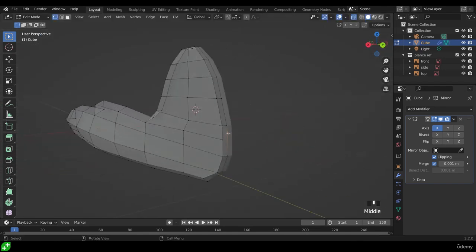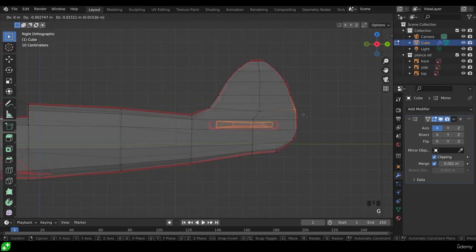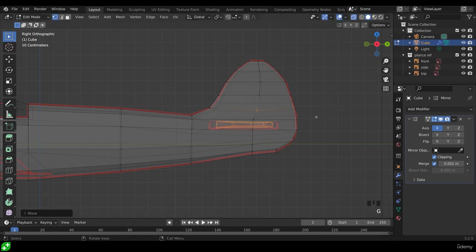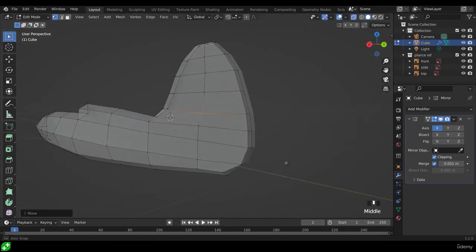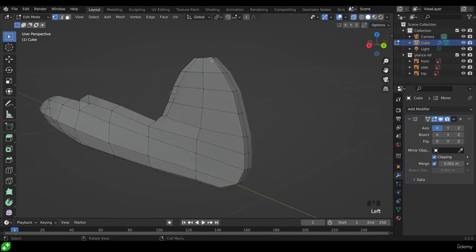And it looks like there's a little bit of a mess here, so GG to edge slide and just slide that down so it's roughly in line. Back to side view. This one can go up slightly and this one across slightly, and I think that looks quite good. Now to round this out, I can select from the top here down to the bottom here, so